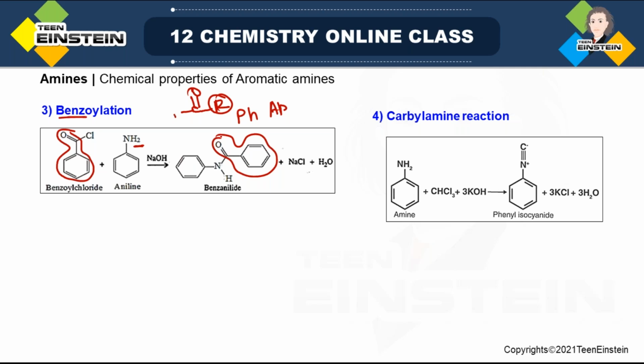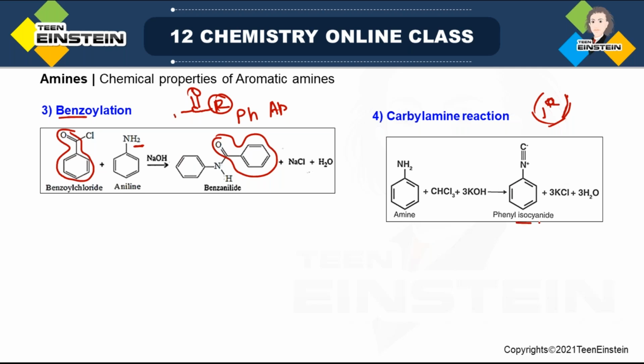Carbylamine reaction is also possible with primary aromatic amine, which is aniline. So the carbylamine reaction we have seen in the case of aliphatic amines, and it is only for 1-degree amine. It is so specific for 1-degree amine that you can use this test as an identification test for 1-degree amine. Suppose you have any amine sample and you do not know whether it is 1 degree, 2 degree or 3 degree, you can do this test, which will help you to prove yes, it is 1 degree,